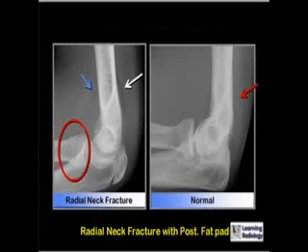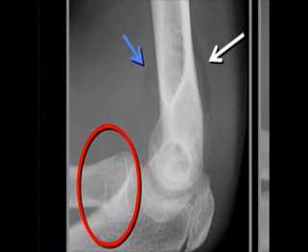The oval is pointing to a fracture of the radial neck. The blue arrow is showing the anterior fat pad, which has been lifted up off of the anterior aspect of the distal humerus so that it's pointing almost 90 degrees to the shaft of the humerus. But more importantly, the white arrow is pointing to the posterior fat pad sign, originally hidden by the olecranon fossa,